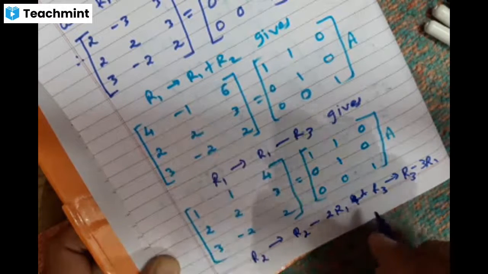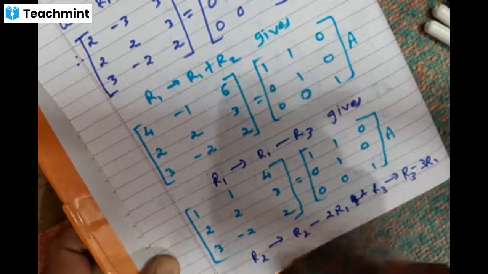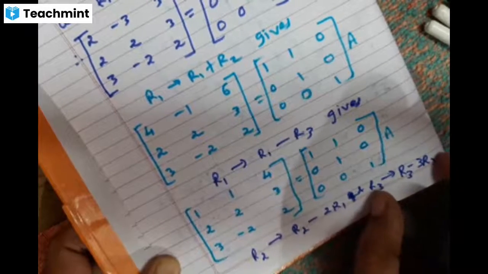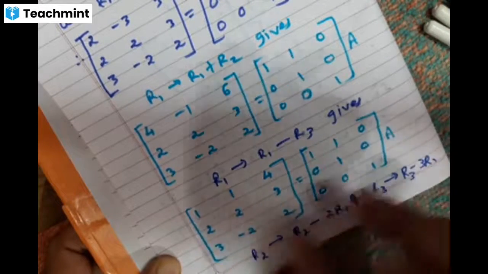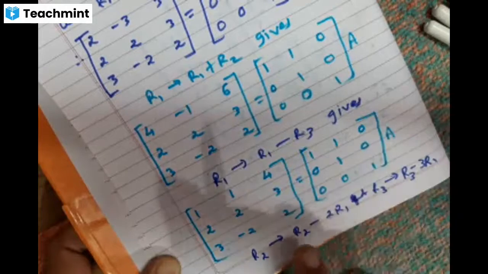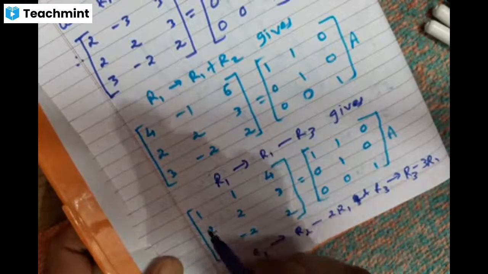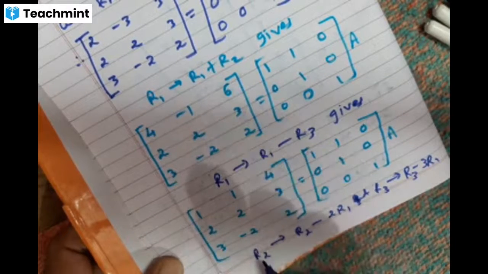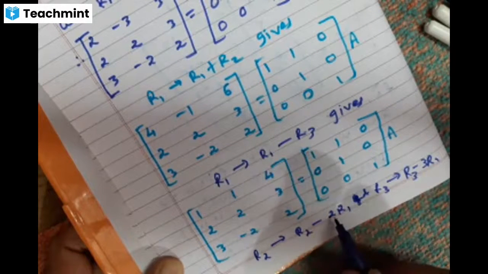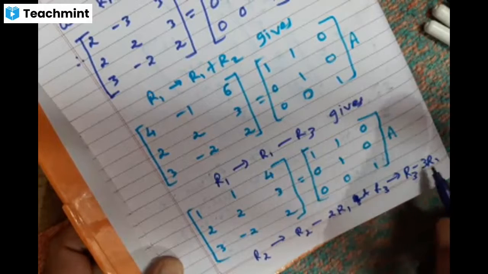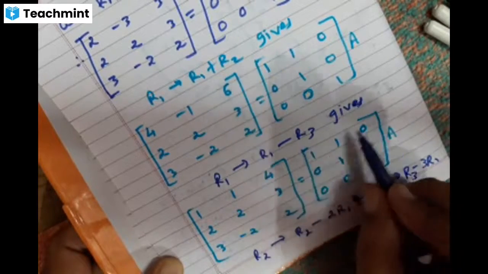As I told you, if you want to note it down, please note that at the same time, simultaneously, you can apply two elementary operations as I did. Whatever the result is, I am writing it on the next page. Hope you understood what will be happening. There will be no change in the first row because I am applying the operation to the second row and the third row. R2 goes to R2 minus 2R1. R3 goes to R3 minus 3R1. So no change in the first row. The first row is remaining the same.